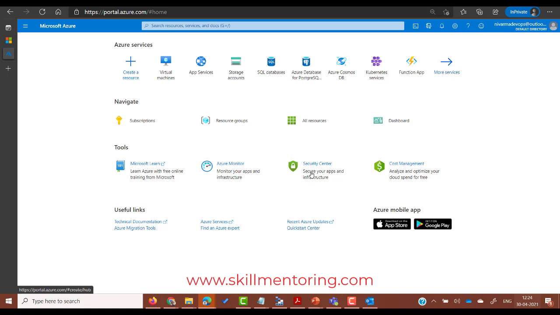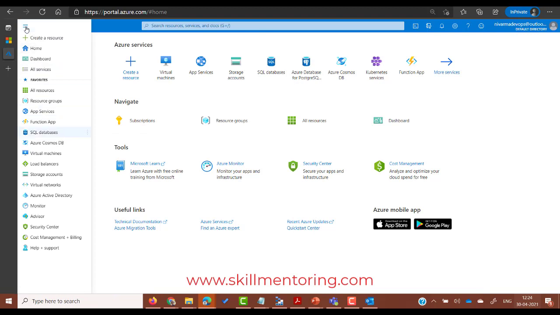Now this is the home page of your Azure portal. A couple of important things to note: on the top right corner you have your user ID, and it has created an Azure domain and Active Directory for you with whatever name. In this place you can see that it has done that for you. In my case it is telling me. Now with this Azure portal in hand, I can use this menu button